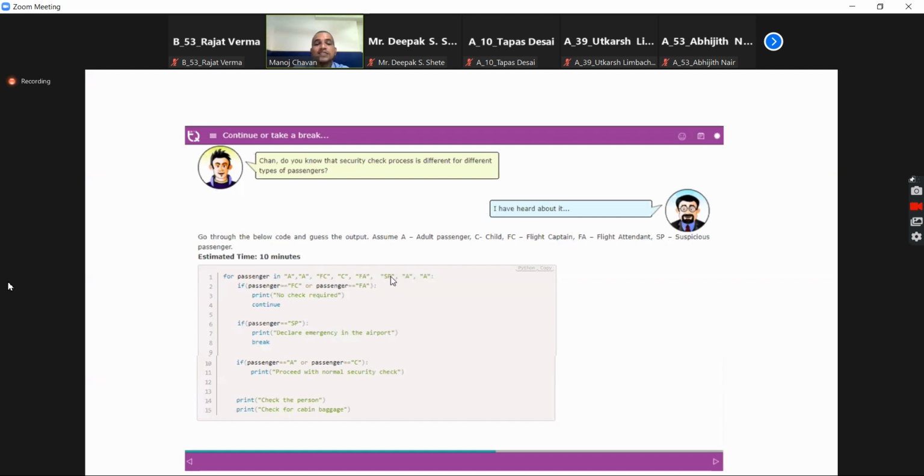So it goes to SP. So SP is suspicious passenger. So now line number 2, SP equal to FC, false. SP equal to FA, false. Because this condition is false, line number 3 and 4 are not executed. Control goes to line number 6. Now here, SP equal to SP is true, so line number 7 will be executed. It will print declare emergency in the airport, and line number 8 will be executed,